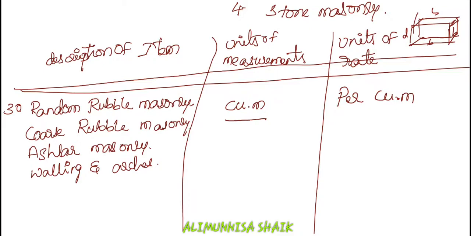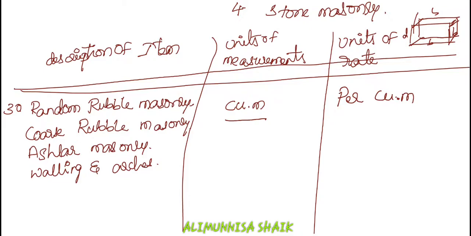When you are going to use any additional work, it should be considered as extra over walling. Other particulars shall be the same as the brickwork. Regarding all the other things, if you are going to add any additional work, then it should be calculated as extra over, and other particulars shall be the same as brickwork. So that is about stone masonry.